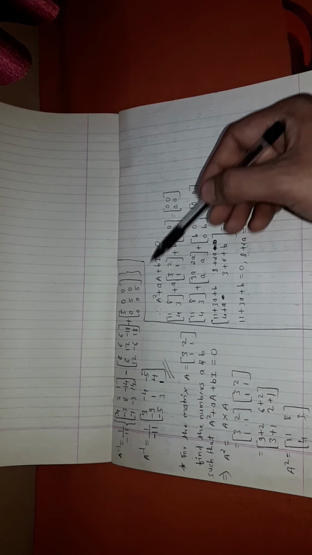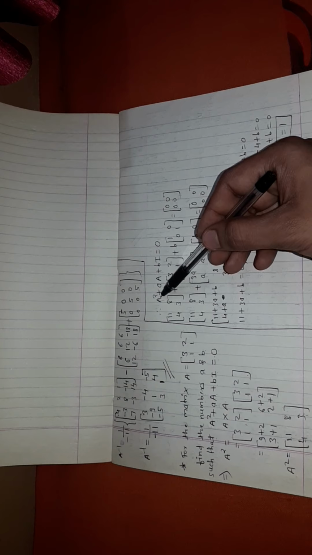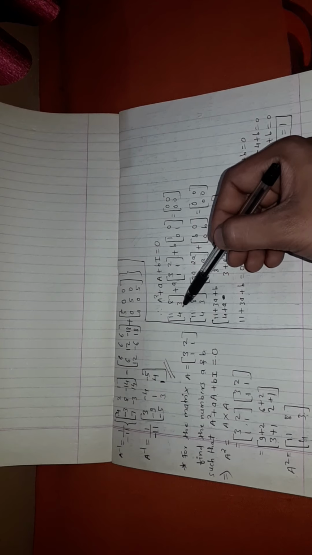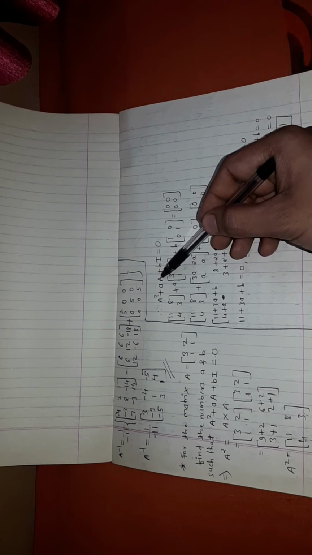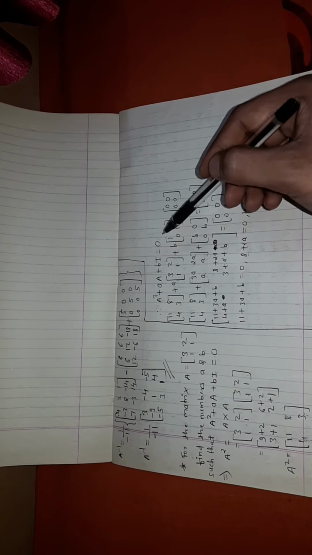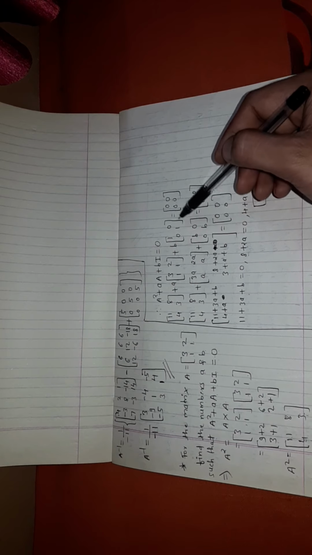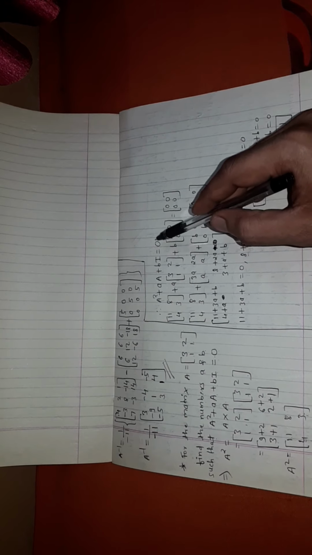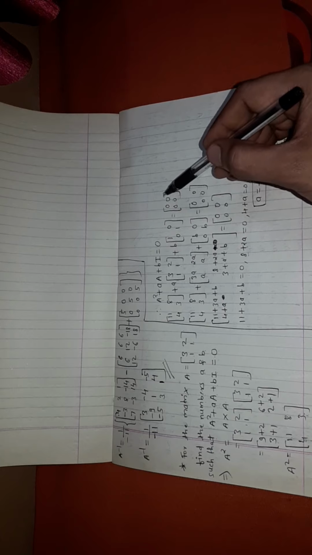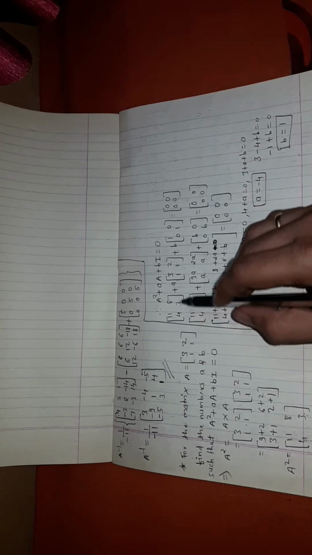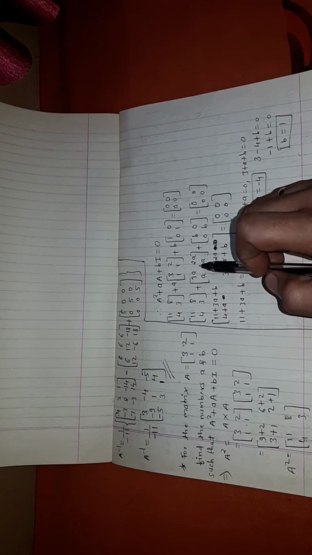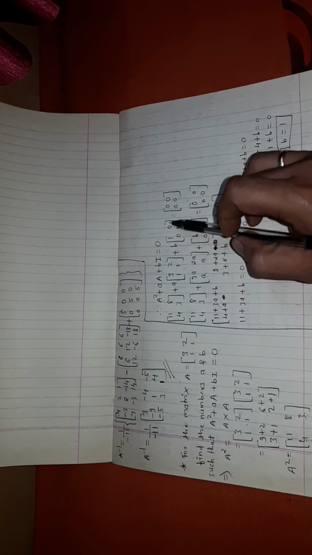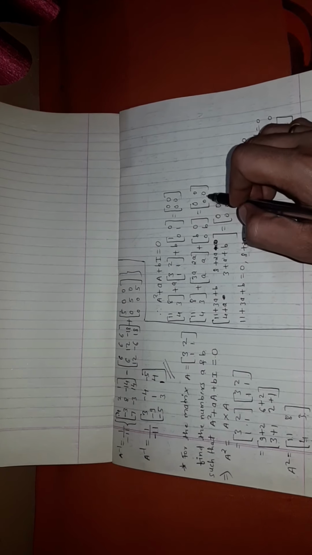Now we have to consider that equation A square plus a into A plus bI is equal to 0. Already we found the A square value, so we put it here, plus a into that matrix A, plus b into I, the identity matrix 1 0 0 1, and this O means what? The 0 matrix 0 0 0 0. So the first matrix as it is, a multiplied inside the matrix, you will get this matrix. b multiplied inside the matrix, right hand side as it is.